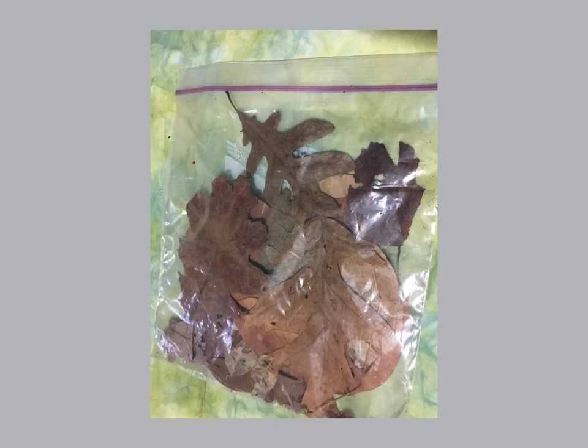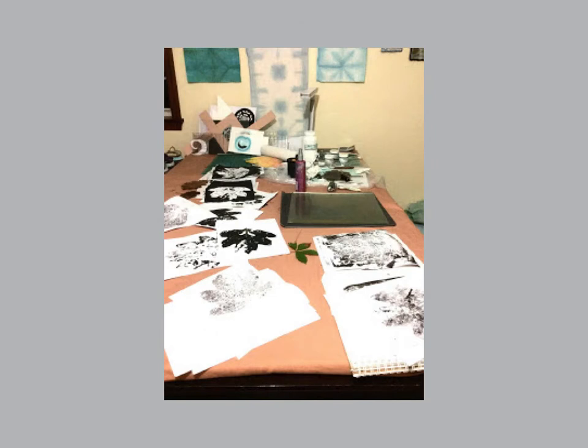But when I was cleaning out my studio that day, I rediscovered them. It had been several years since my mother had passed away, and I decided it was time that they should be used. So I put paint on them, and I printed with them, and I tried to grasp their images before they decayed all the way. As I was doing that, it struck me that the image of a decaying leaf could also represent a leaf that was just forming from stray pieces coming together. And at that point, the inspiration hit me to use the image of the leaf as a metaphor for changes we all experience.